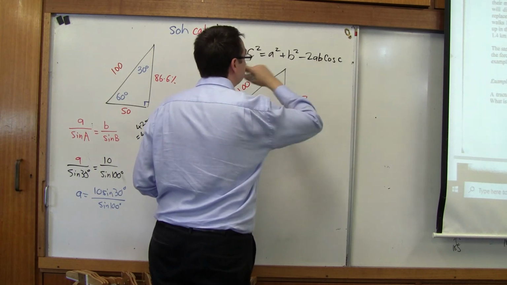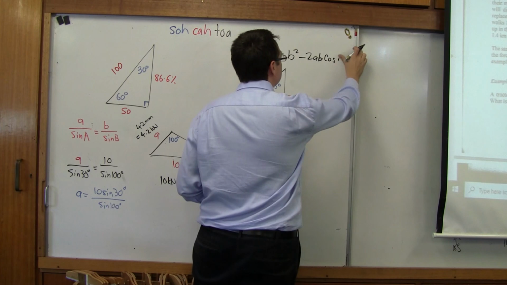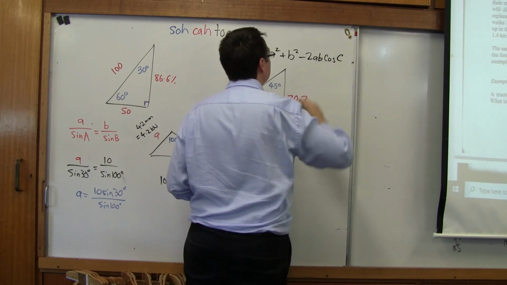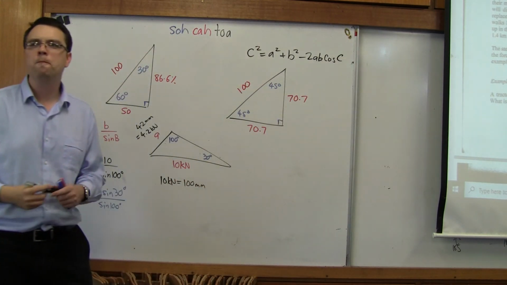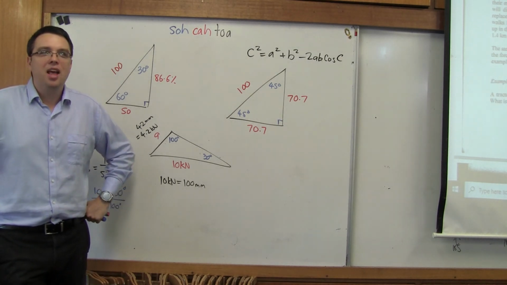Like that? Capital C. Capital C. That makes more sense. Because capital C is going to be an angle. Okay. Do you think I knew that? Because you can